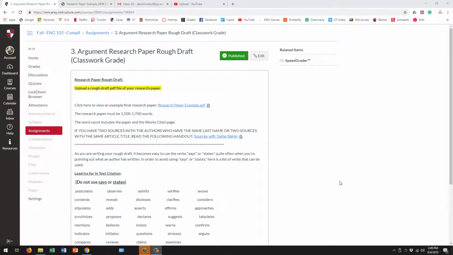In order to develop your rough draft for your research paper, the very first thing that you're going to need to do is to look at the outline that you've developed. The outline is going to map out the order that your paper needs to be in. The rough draft of your paper is going to need to be between 1,500 and 1,700 words total, and this